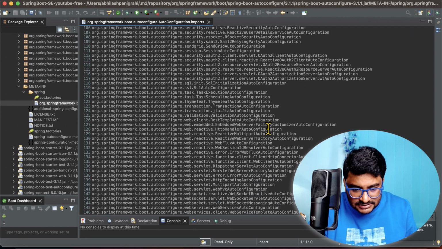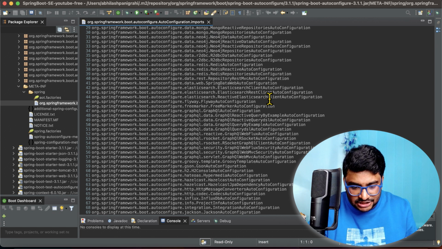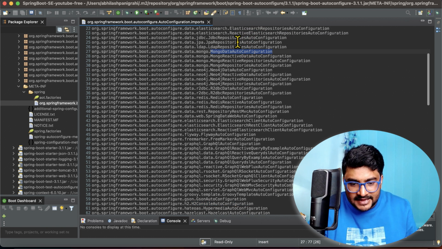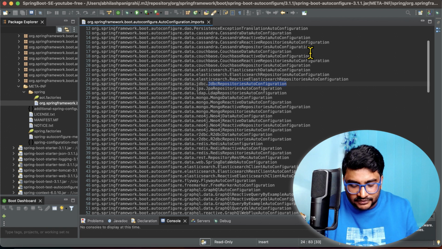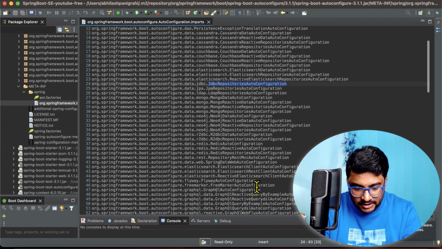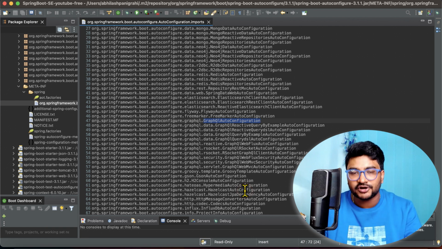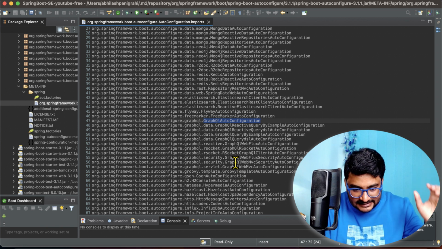You can see there are so many classes here. These are the different auto configuration classes that we have. For example, H2 console auto configuration. You can see Mongo data auto configuration for MongoDB, JPA repository auto configuration, JDBC repository auto configuration. There are different types of auto configuration classes. FreeMarker auto configuration, GraphQL auto configuration. So there are a lot of auto configuration classes that they have written,